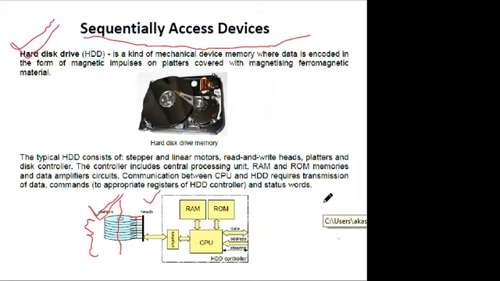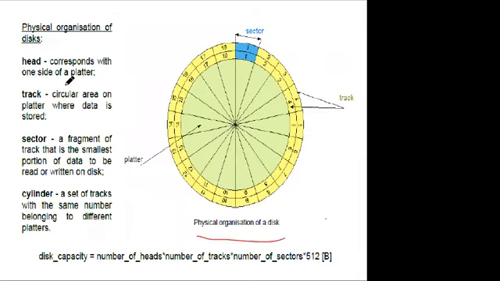So we have a platter that corresponds with one side of the platter track. So how this memory is classified or fragmented, let us see. Every part has been divided into tracks. So this complete part, the outermost ring, is a track. Then this is again a track. This can again be parted in this fashion, and this will again become a track. So this is a track.